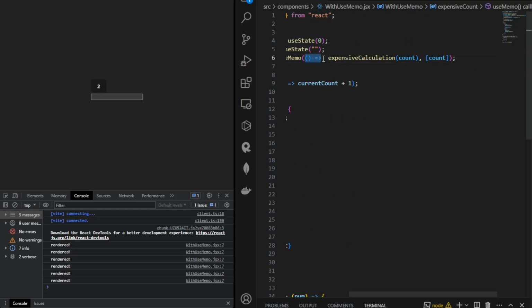It's just a callback. Excuse me, let me rephrase that again. This useMemo will call this callback function, which is this arrow function I'm highlighting. And since we are saying here that we want to return,